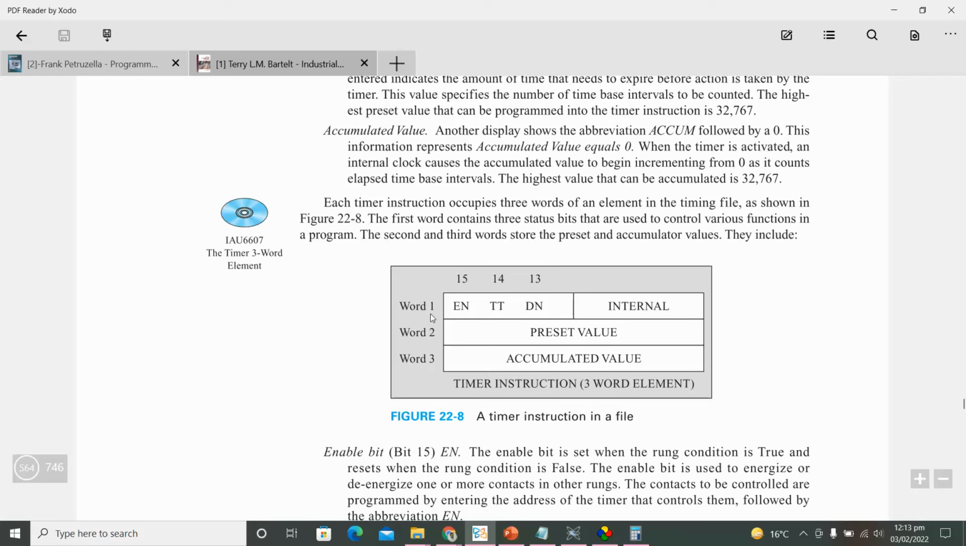लास्ट टाइम मैं बता चुका था, 16 बिट्स हैं इसमें। ये जो 15 आप देख रहे हैं ये बिट नंबर 15 है, इसका मतलब है इधर बिट नंबर 0 होगा। ये 16 बिट्स हैं वर्ड नंबर 1, फिर अगले 16 से लेके 31 तक वर्ड नंबर 2, फिर 32 से लेके 47 तक ये वर्ड नंबर 3, ठीक है। 3 वर्ड एलिमेंट हैं इसमें।